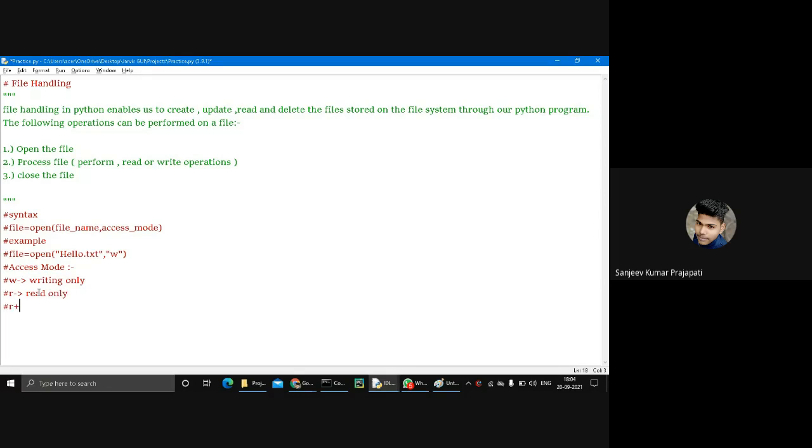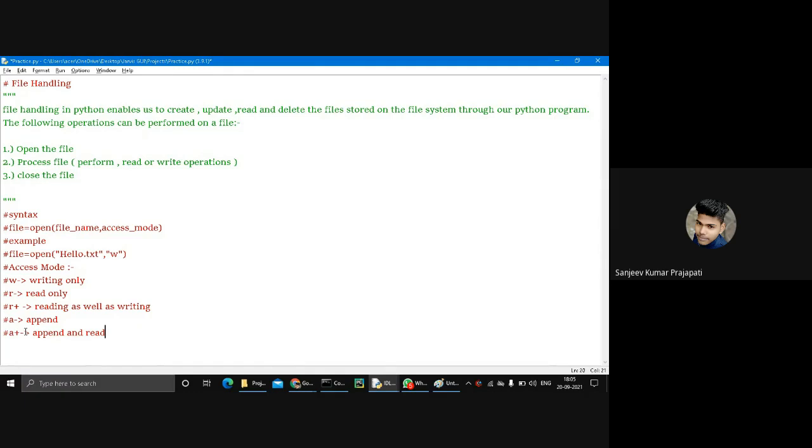R plus is used for reading as well as writing. Next is A. A means append the data in my existing file. And last is A plus, which means append and read the file.